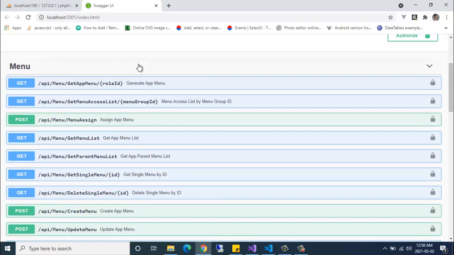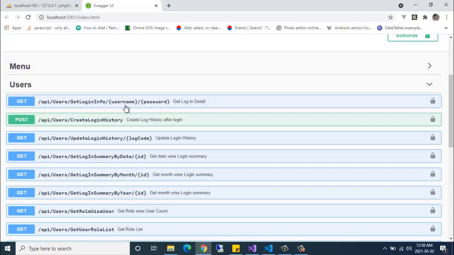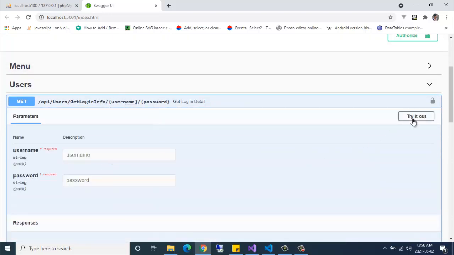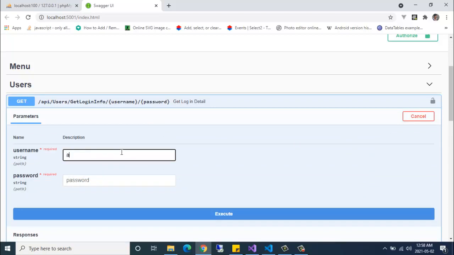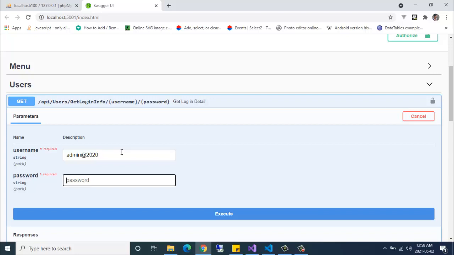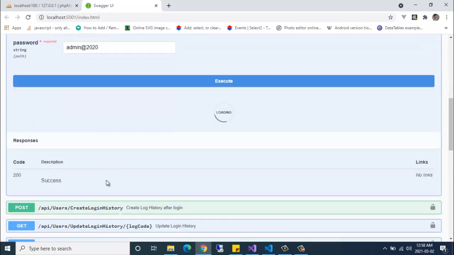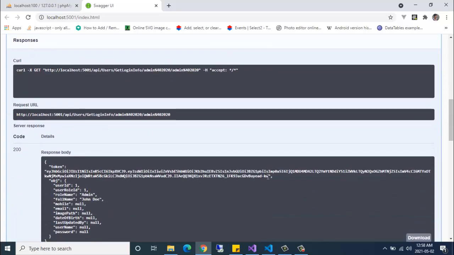First you have to go to this method and type the username and password. The username and password are the same. Execute this, and this will generate a token.